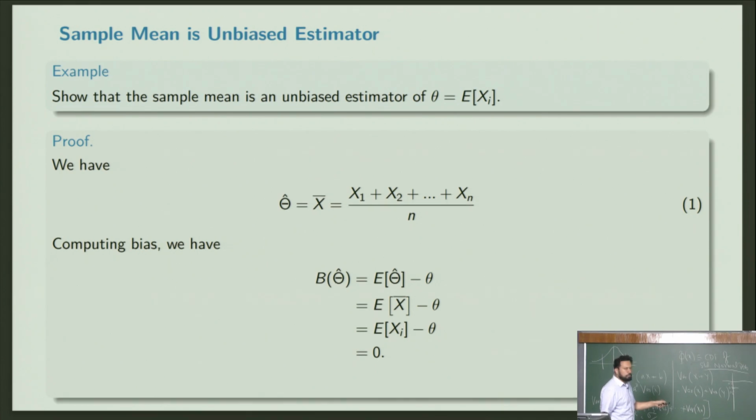So let us calculate the bias of the sample mean. By definition, the bias of theta hat is the expectation of theta hat minus theta. I apply the expectation here. This is the sum of n of these xi's divided by n, which gets cancelled. So you have the expectation of xi minus theta, but the expectation of each xi was theta. So it's 0. So the sample mean is an unbiased estimator of the true mean. Sometimes you may have an estimator which has some bias, but in this case it's not.